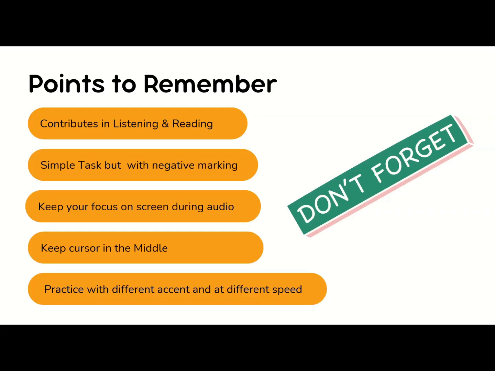This module has negative marking. For each correct word you will get 1 point, and in case you choose an incorrect word, then 1 point will be deducted for that particular question. Minimum points is 0. For example, in one paragraph there are 4 words and you choose 3 correct and 1 incorrect word. In this case you will get only 2 points. So I mean to say, do this task very carefully.